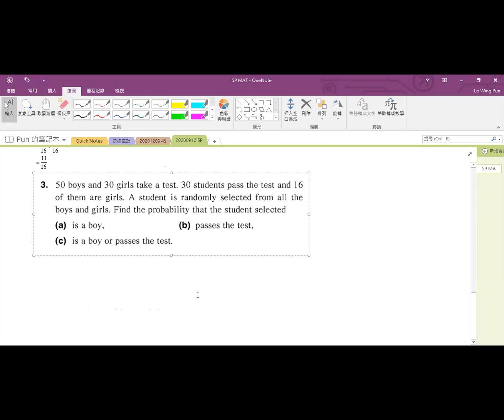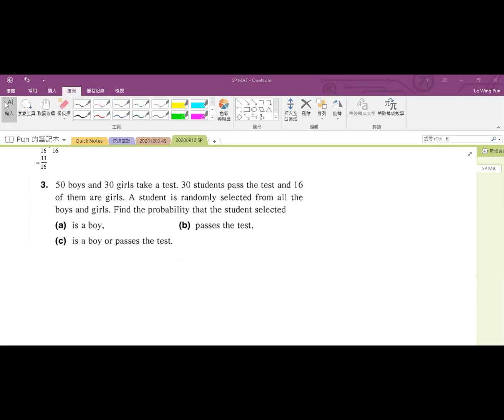Find the probability that the student selected is a boy. 好啦，而家咁樣50個男仔，30個女仔，total 有80個係咪？當中有30個咧係 pass 咗個 test 嘅，而30個 pass 咗個 test 嘅同學裏邊。有16個係女仔嚟嘅，係咪？好啦，咁跟住而家要抽一個出嚟，from all the boys and girls，即係 total 有幾多選擇咧？有80個啦，係咪？咁所以我哋知道一陣間個分母應該係80嘅，係嘛？